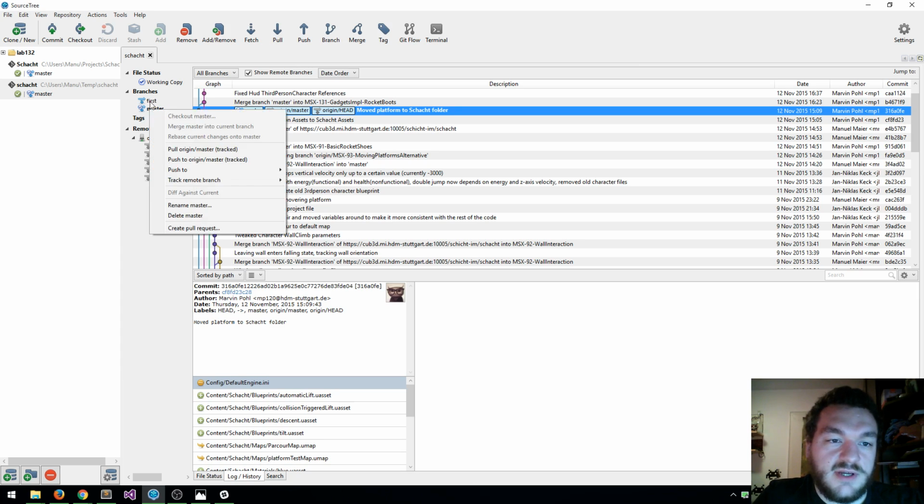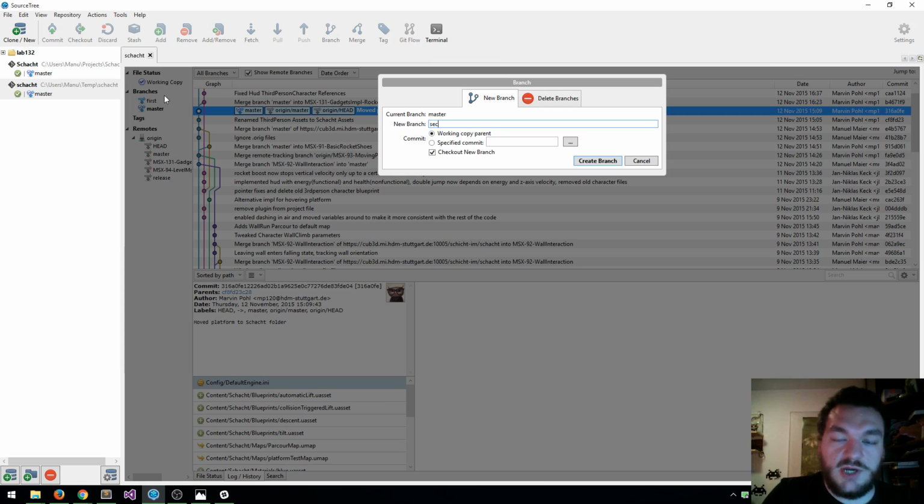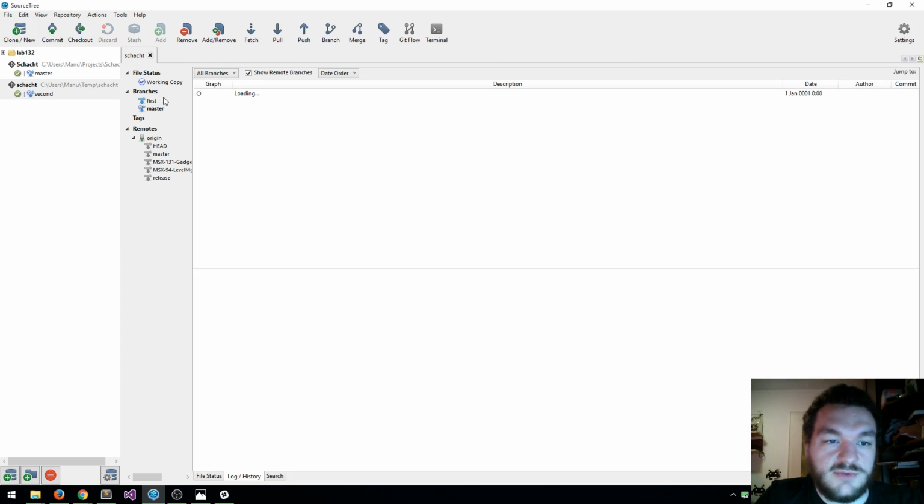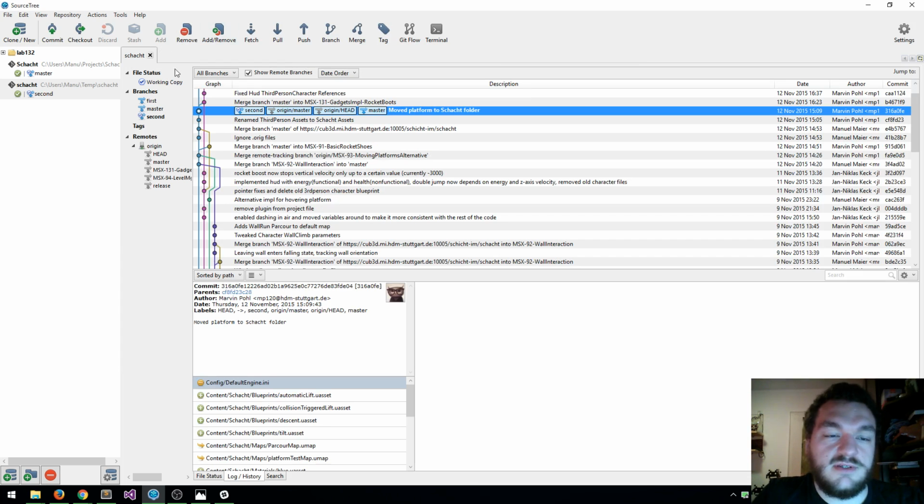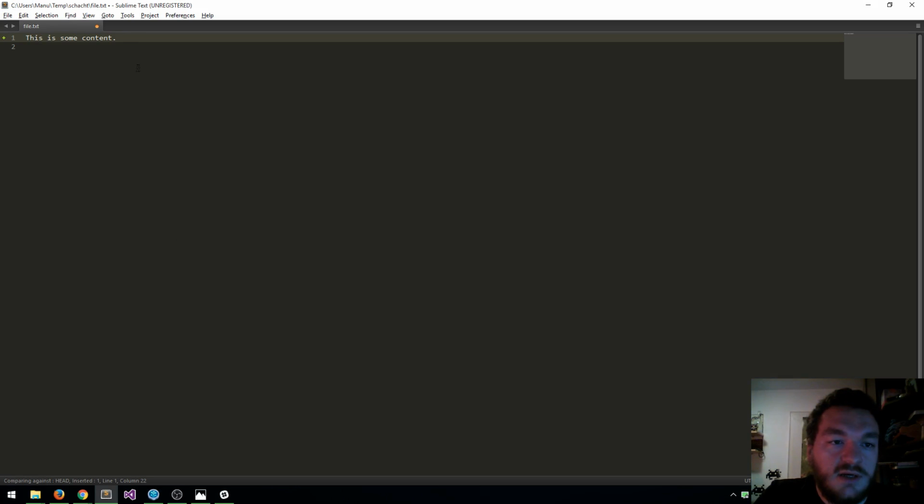Okay, so let's create another branch. Let's call it second. Creating a branch is really fast once you get used to the default GUI stuff, so you can basically just ignore it. And from here, you will see here that the file is still there. So this is some content. This is other content. Let's create a new file that is exactly the same name. I've just